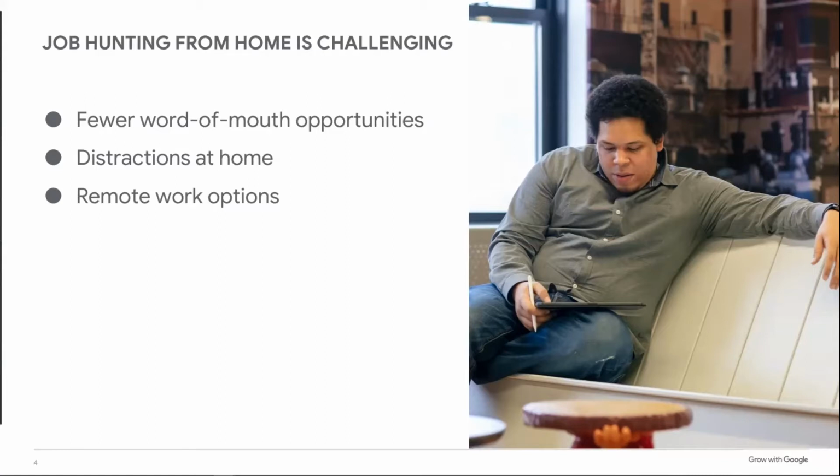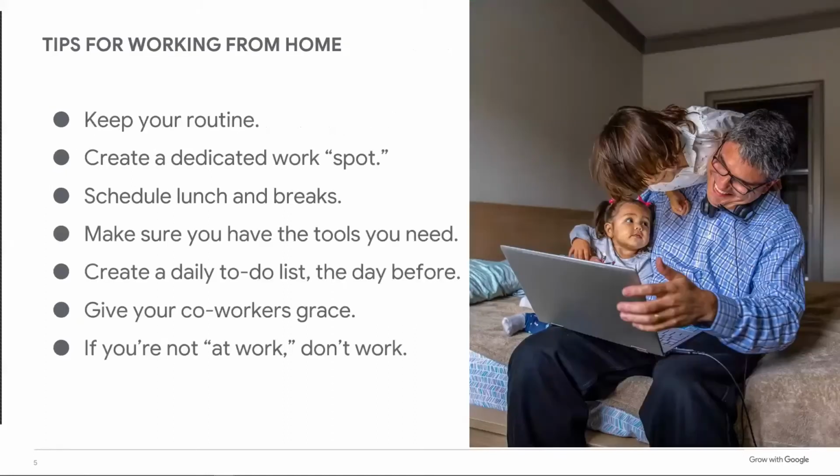Some of us started working remotely during COVID, and we liked it, and so we wanted to work a remote job moving forward. Whether you're changing to become remote permanently because your job required you to go back to work, or it's just a shift that you want to make because you want to have that freedom to travel or to work at home with kids or whatever that looks like for you. It's different for everybody, right? And so those are some challenges that we're seeing in the work environment.